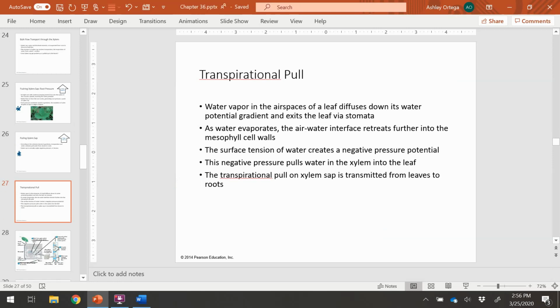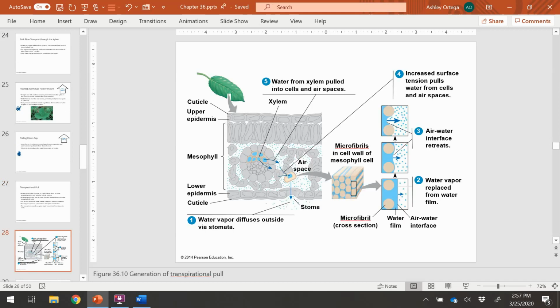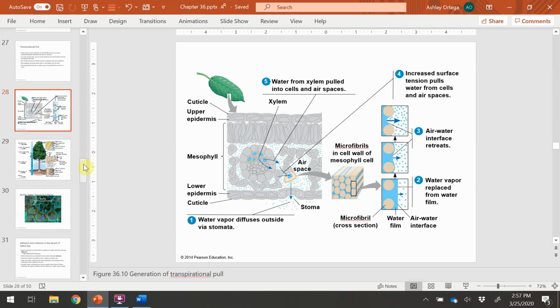And this is called transpirational pull. So this negative pressure that exists pulls water from the roots to the stems and then to the leaves. And so how does this happen, you may ask, and that's what we'll look at here. Let's see. Yeah. So this is the best image to look at for now, and that we first start off with the